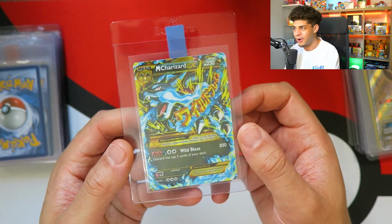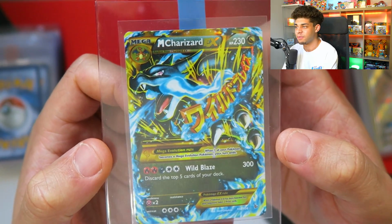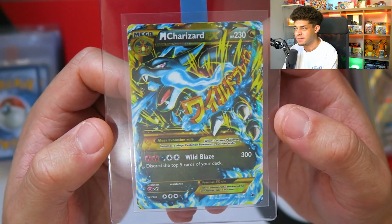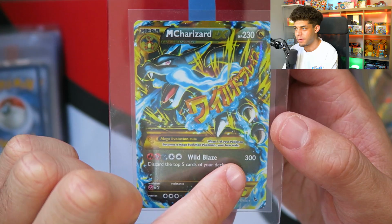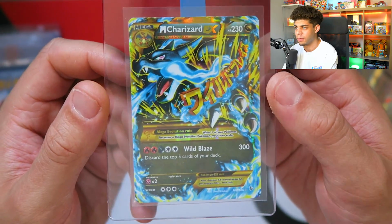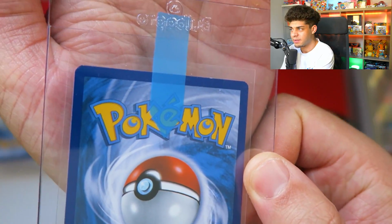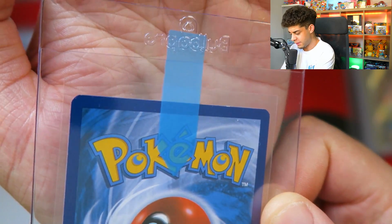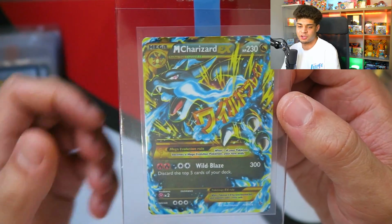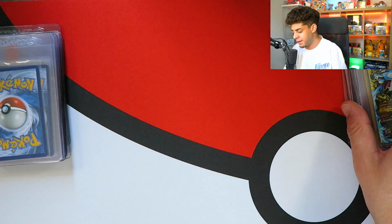We have... Oh, look at this. Look at this amazing card. This is another one I actually purchased off my friend Jack. It was Mega Charizard EX from Flashfire. This is actually the secret rare, and the way you can tell is this is all gold right here. So this is the secret rare in Flashfire, a really, really cool set from X and Y. And this is really good centering. The only issue is that there is a slight ding right there, so I don't think this would get a PSA 10. But this is just for my collection because you guys know we're the Charizard gang. Charizard's my favorite Pokemon. I want to try and get every Charizard card possible. So yeah, that definitely has helped